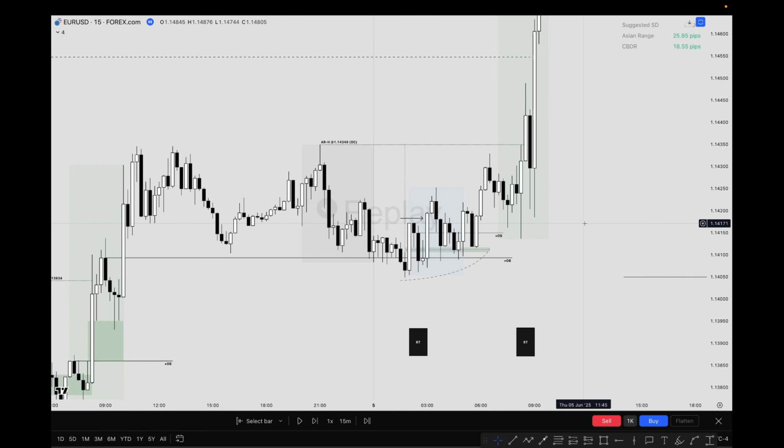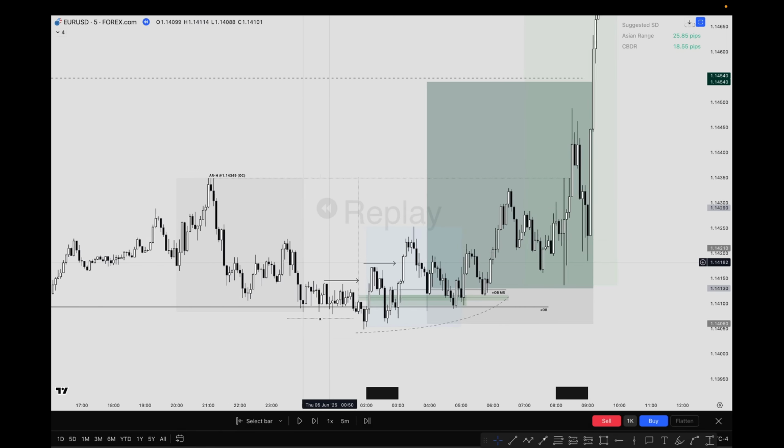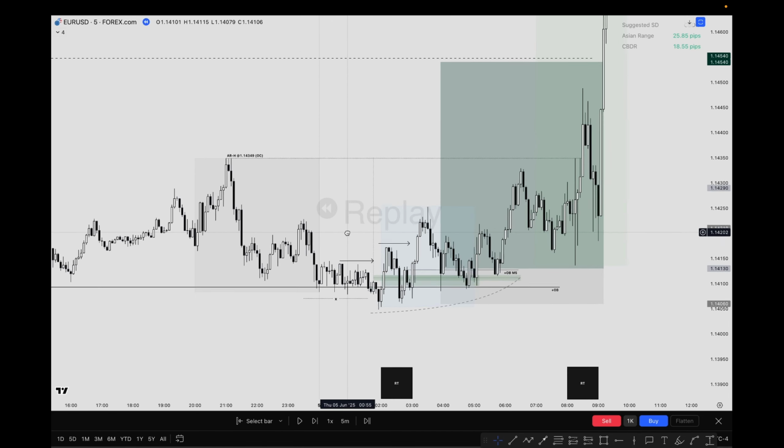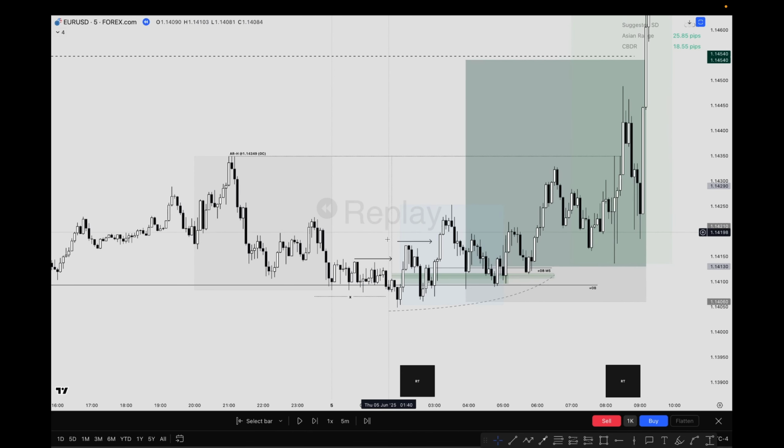So let's go down to the M5. So this M5 is where the trade would be taken. So what does the M5 look like? You can see that sweep a lot more clearly here into the London Open kill zone. You can see price have one breaker structure here on the M5. Right, like I said, you trade from here if you wanted that first riskier pullback, and then price consolidated a